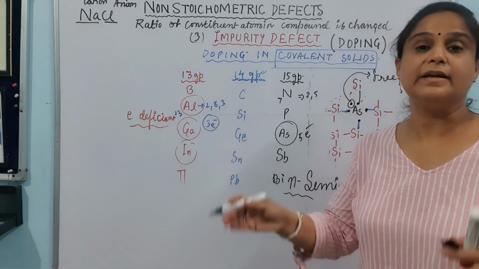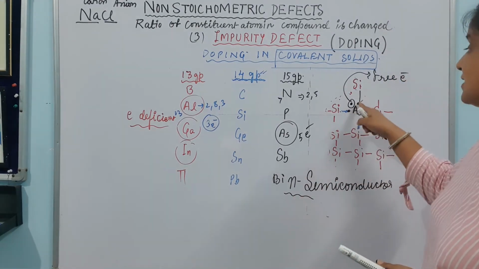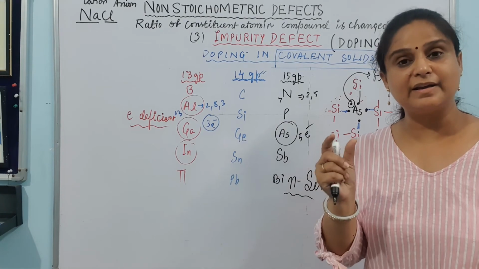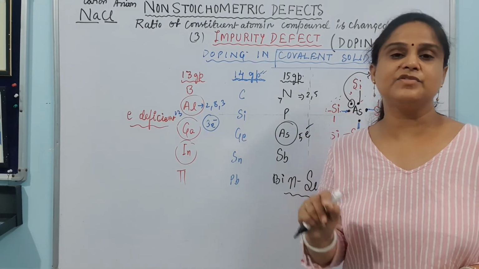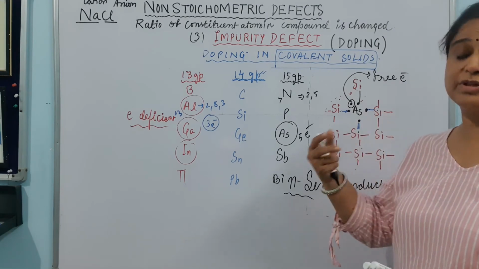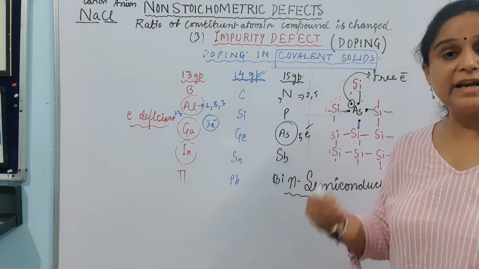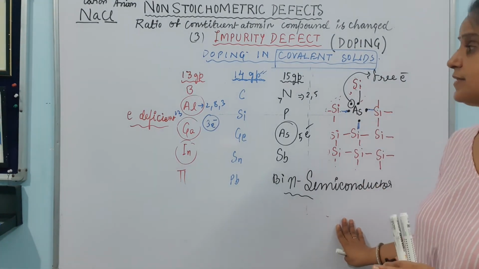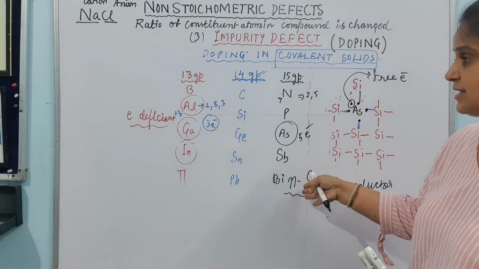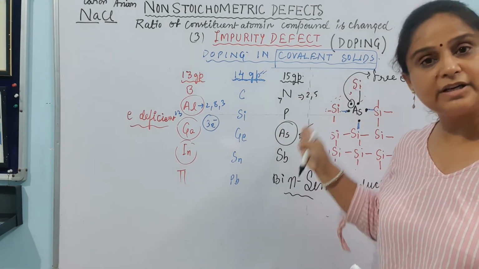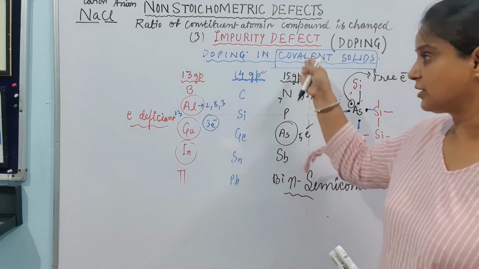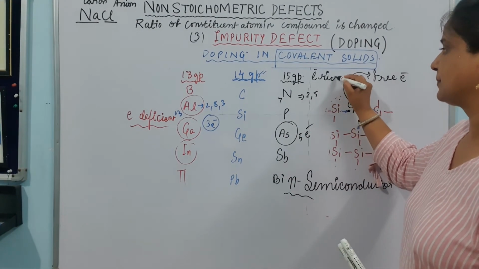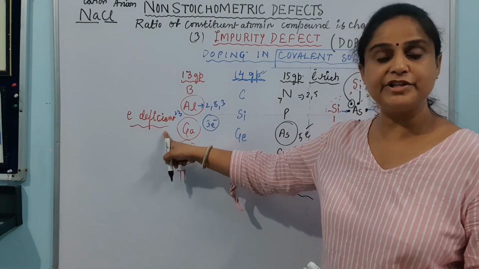N-type semiconductor. N-type semiconductor क्यों बोल रही हूँ मैं इसको? Because here the conductivity is because of the negative particle, that is electron. So due to the negative charge, the conductivity is there. Electron की वजह से there is a conductivity. We will call this type of semiconductor as N type of semiconductor. What type of element these are known as? These are electron rich species, है ना? These are electron rich elements. तो ये आपके आ गए electron rich elements में. 13th group आपका आ गया electron deficient elements में.